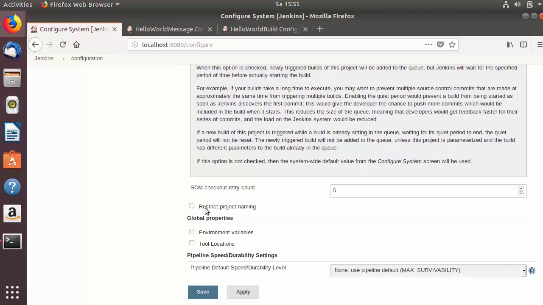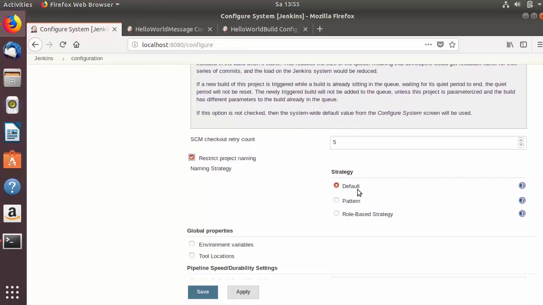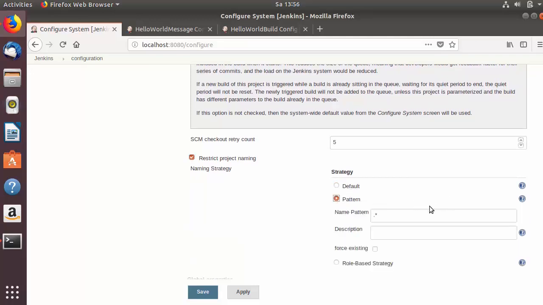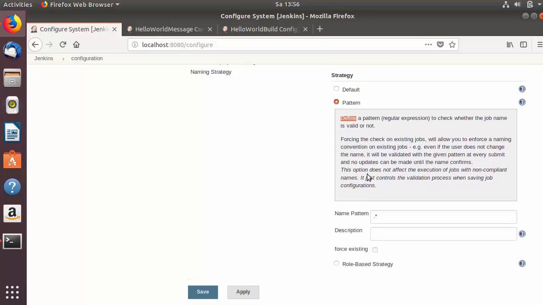Now the next option is restrict project naming. So let's see this option also. By default it's default. Now you can choose the pattern option here, or you can choose the role based strategy option here also. So let's see what this pattern option does. So I'm going to click on this question mark, and you can see some description here which says define a pattern or a regular expression to check whether the job name is valid or not. So for example, I define some pattern here for the naming of my Jenkins job. So let's say I define java.*